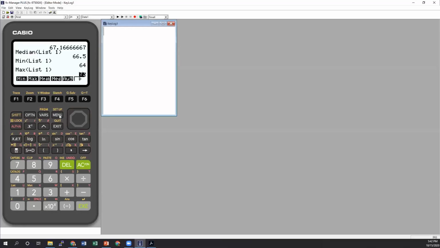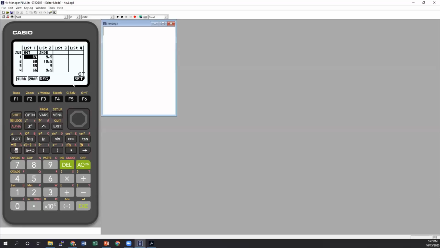If you wanted the students to do the calculations themselves, each individual calculation specifically, you can. But as I mentioned, the calculator will also go through and do those calculations for you. Since we have our numbers in list 1, we can press F2 for the calc. And then we have 1 variable and 2 variable here, depending on what we're looking at.